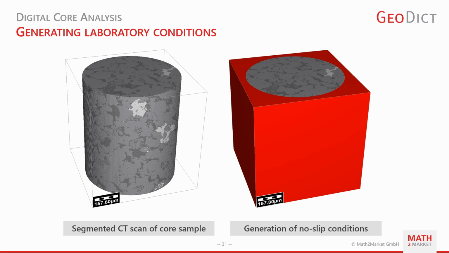In FlowDict, you can also define the permeability of whole rock core samples. If you don't want to lose the information of a cylindrical pore sample, you can always calculate the fluid flow of the entire core plug. By doing so, you should differentiate between the void space outside of the plug and the pore space inside of the sample. Set the void space as solid material in GeoDict and start the computation of the fluid flow field.